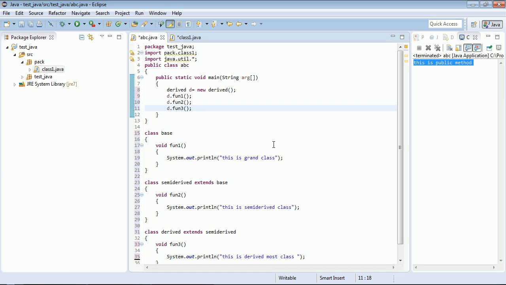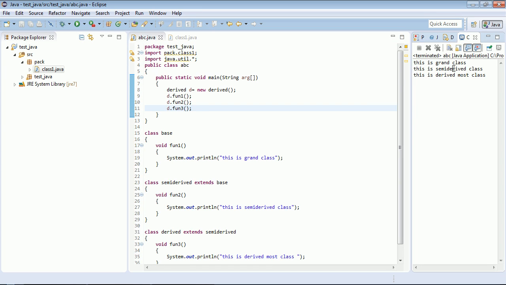Okay, let's run this program. That's fine. All the three methods get invoked. Okay, now